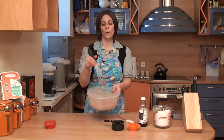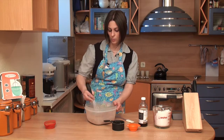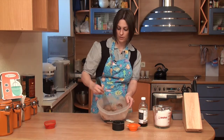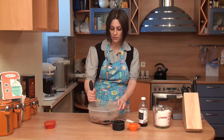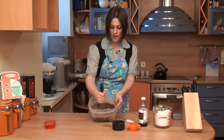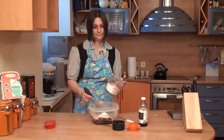Now you'll notice I'm using a wire whisk. You don't have to, you could use a spoon, but I find that whisks are just slightly better for incorporating things into frosting. And you're going to see already, it's not starting to get liquidy yet, but you are starting to get clumps. That's good. Clumps you want, because eventually those clumps are going to work themselves out into a delicious and smooth frosting. So once you have your frosting mostly liquefied, then you're going to add in some more of your dry ingredient. Pretty easy,